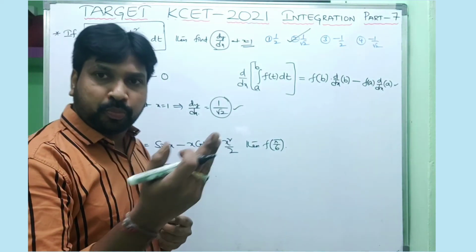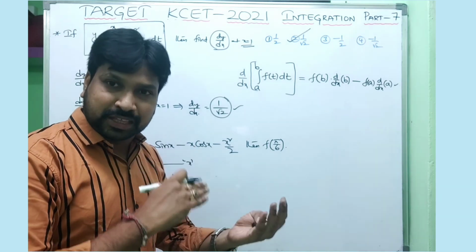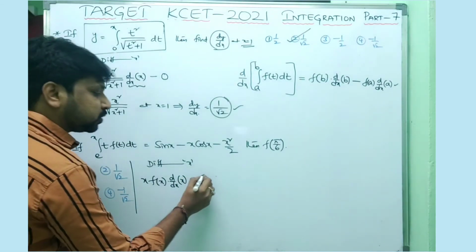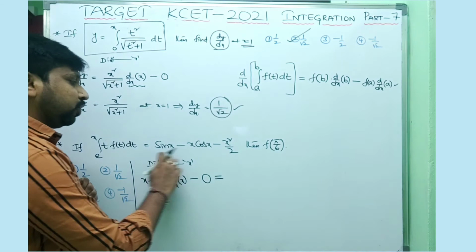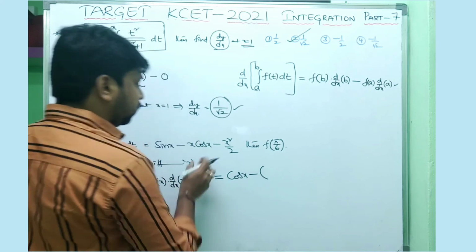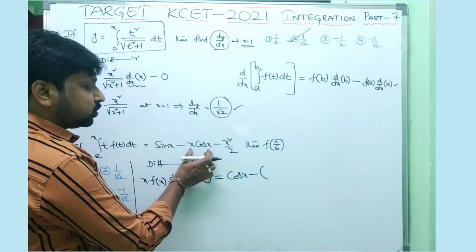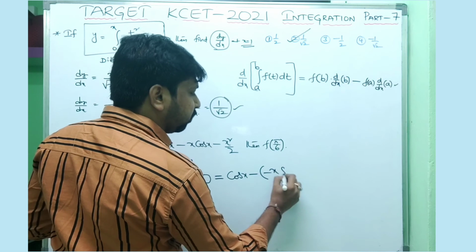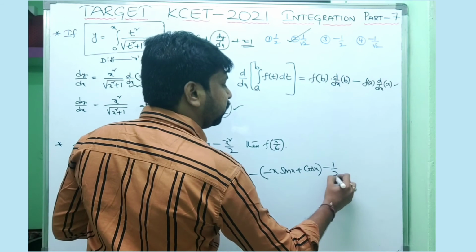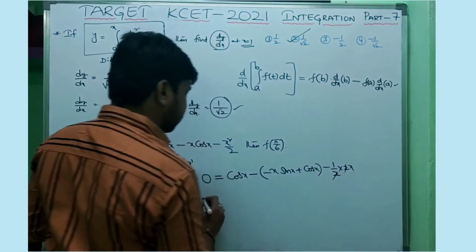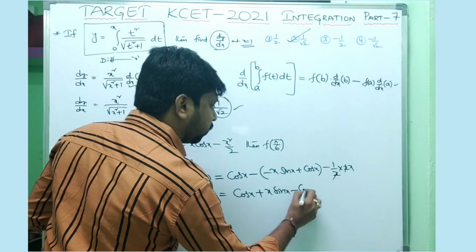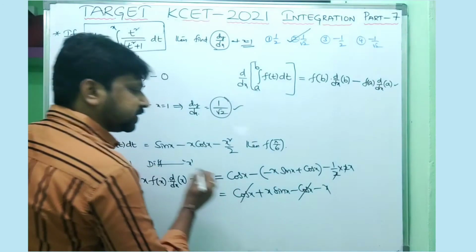Actually e is nothing but 2.7, some constant value. The derivative of a constant is nothing but 0, so this part you get 0. Even though you simplify, that value is 0, so you will get 0 here. Now you need to apply the derivative on the right-hand side also. The derivative of sin x is cos x, minus. Now you need to apply the uv rule for x cos x: u into the derivative of v, the derivative of cos x is minus sin x, plus cos x into the derivative of x, which is 1, minus 1 by 2 into the derivative of x square, which is 2x. The 2 gets cancelled. Now you are getting cos x minus of minus plus x sin x minus cos x minus x plus cos x, and cos x minus cos x will be cancelled.